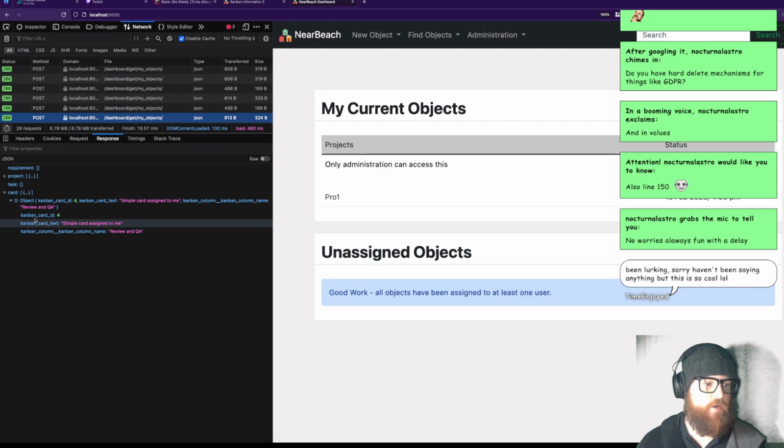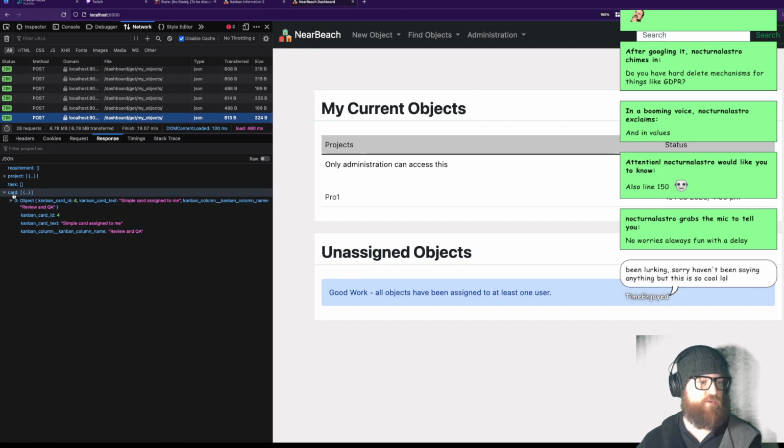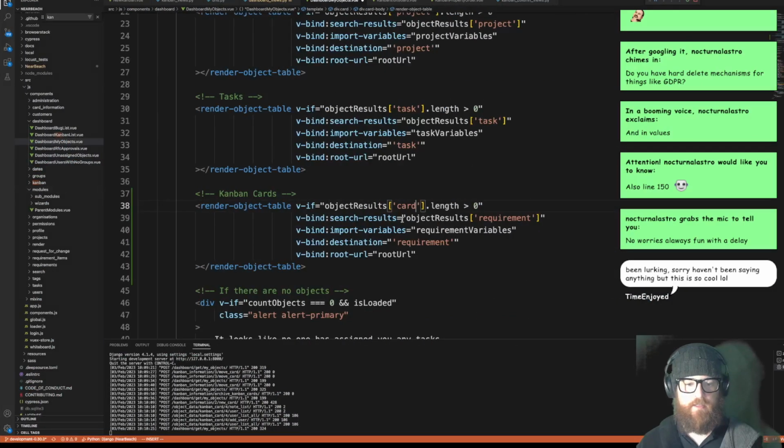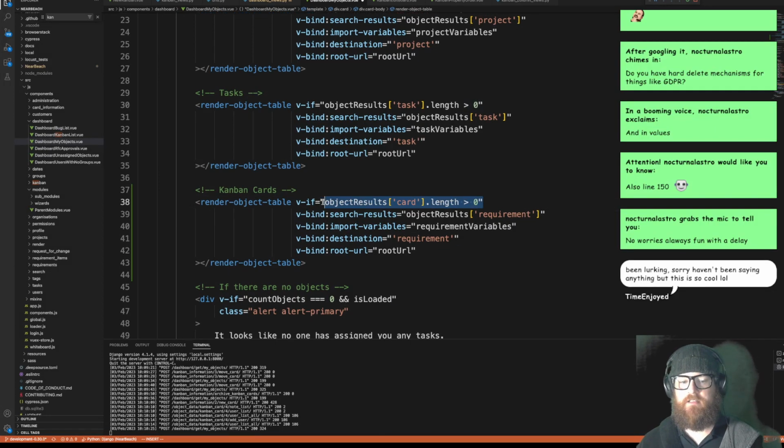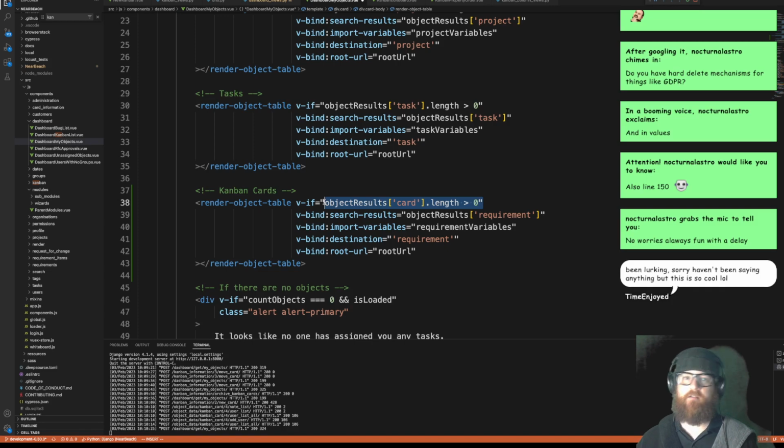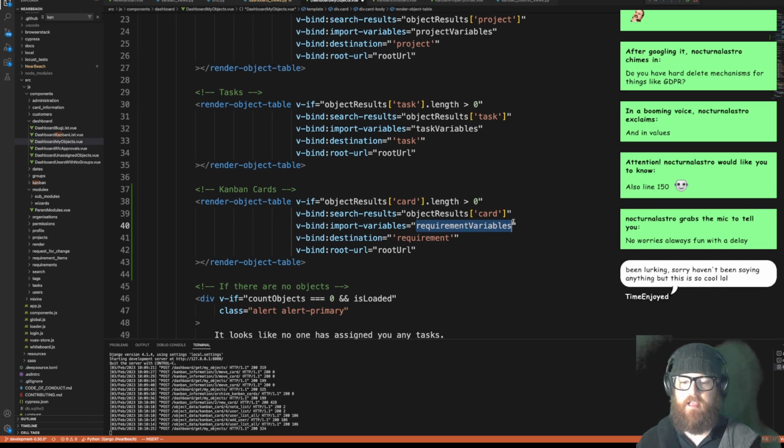So if we go into network, we're looking at this particular field, the card data. So we're telling the object results card is, all right, cool. So render this if there are results in there. All right, the search results in itself is going to be the card. So that's the data being fed through. Import variables, I'm going to actually rename that and card, and then card,